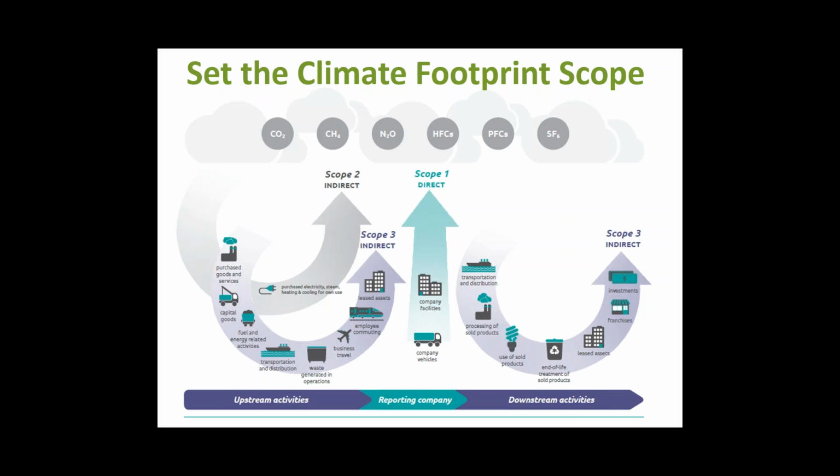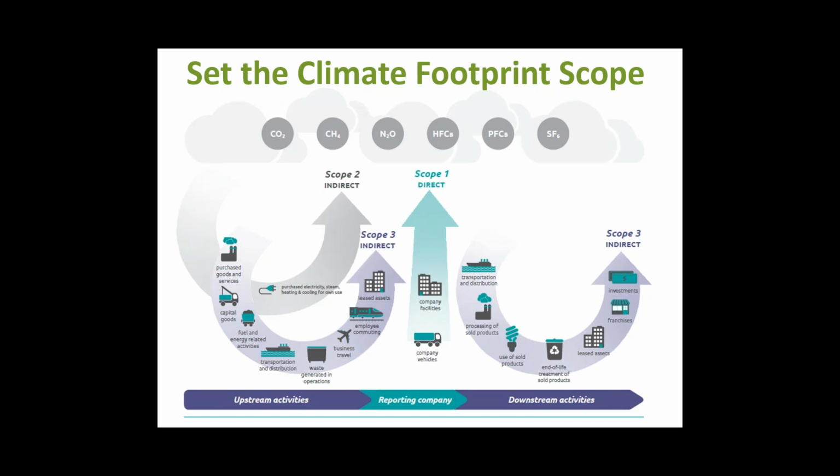It shows scope 1, and that's the facilities and vehicles you own. So really what that boils down to is the fuel use at the facilities that your company owns, and in vehicles that your company owns, just the emissions from that fuel use. Scope 2, this is energy indirect. Now this involves the emissions associated with the energy that's purchased at your facilities, and 99% of the time this is basically the purchased electricity used at your facilities that you own, just the emissions associated with that purchased electricity.